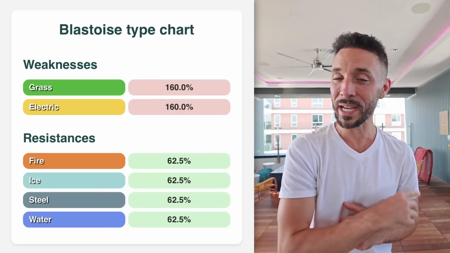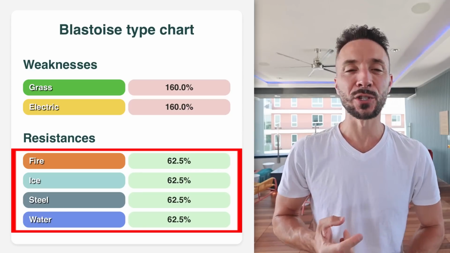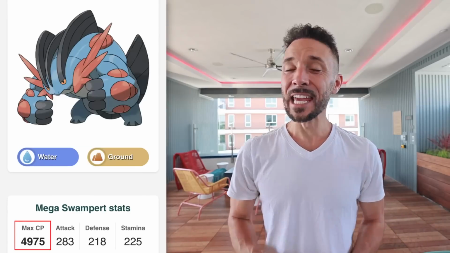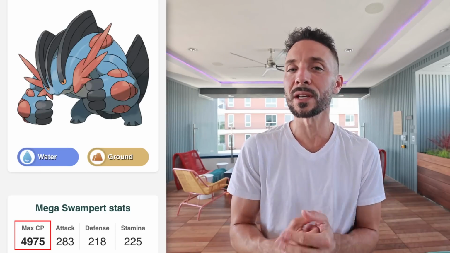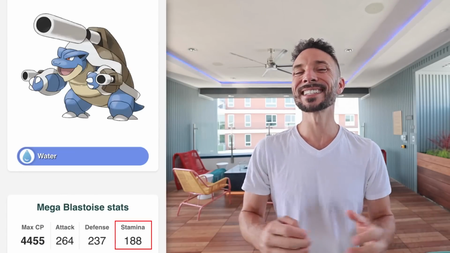Swampert will be double weak to grass, and then it's going to have 4 resistances: fire, ice, steel, as well as water. This Pokemon will max out at 4,455 in comparison to the Mega Swampert at 4,975, which is pretty crazy of a difference, almost 500 total CP points. The attack is going to be 264, the defense is going to be 237, and the stamina is going